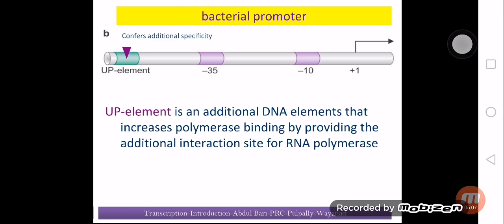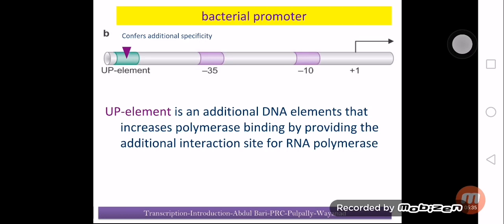Whenever we have multiple promoter sequences, the capacity of the gene to get transcribed also increases, and accordingly we call it a strong promoter. If the conserved sequences are fewer, the gene is transcribed less frequently, and hence we call it a